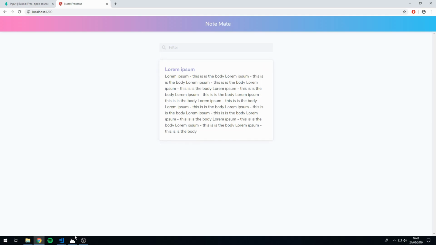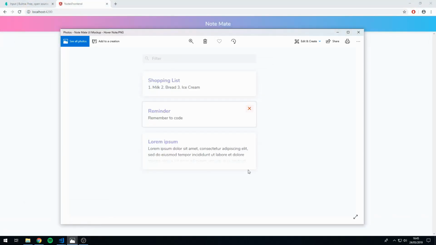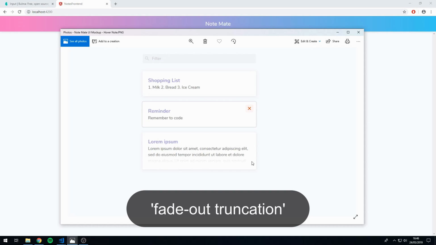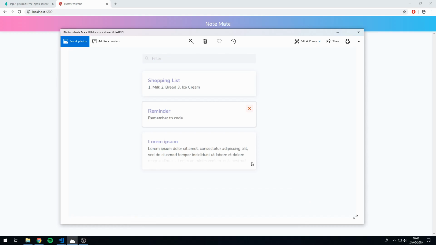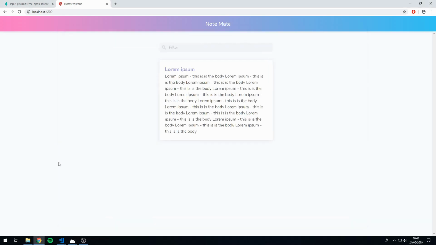So let's look at the UI design that we have here. Here we have a card which has lots of text, but has a fade out section here, which I call fade out truncation, because it's truncating the text by fading it out. So this is the kind of effect that we want. So the next thing that we want to do is create a gradient overlay here to create this effect. So let's go back to the code,